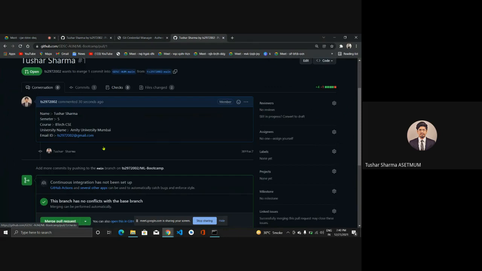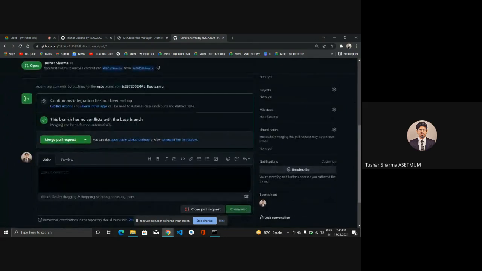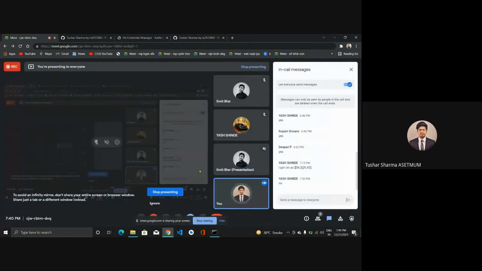We will check your code, and after that we will merge your pull request in the main branch. That's how we are going to do it. So this is how you need to submit your projects, and we will be providing you the complete documentation and a video on how you can use GitHub for uploading your project.